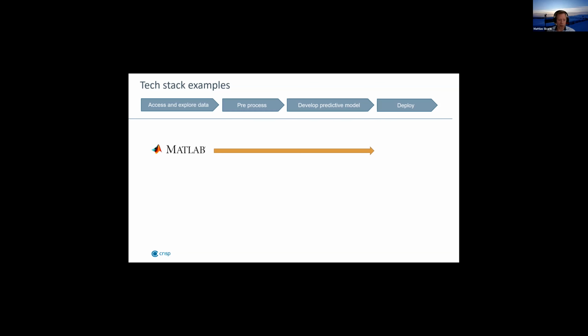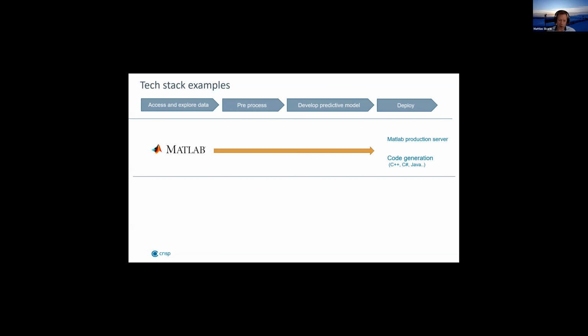And MATLAB, you probably stumble upon some time during your, if you spend time in university. The good thing with MATLAB is that it's a very quick way to have very fast iterative cycles throughout this process. And you can actually use MATLAB to deploy your models either directly onto cloud servers. But interestingly, MATLAB also allows you to do code generation of your models and deploy them as built-in systems, for example, in the car.